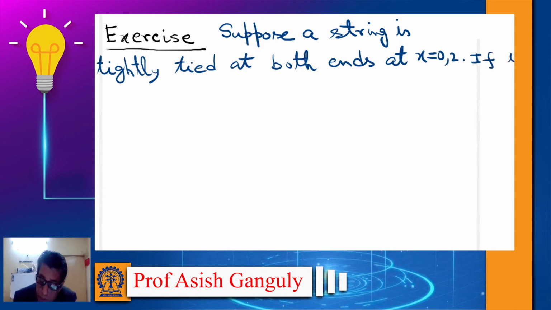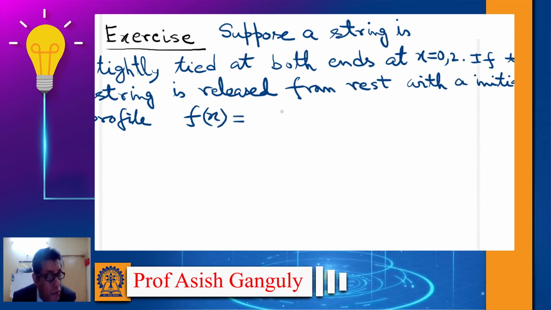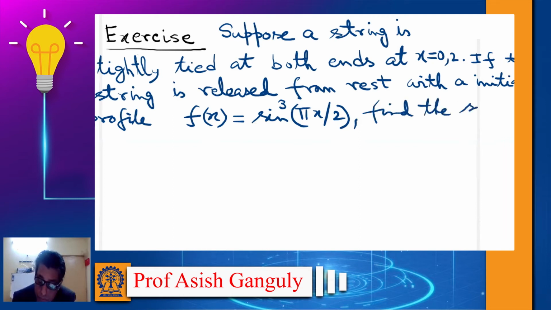If the string is released from rest with an initial profile f(x) equal to sine cube(pi x by 2), find the solution psi(x, t)